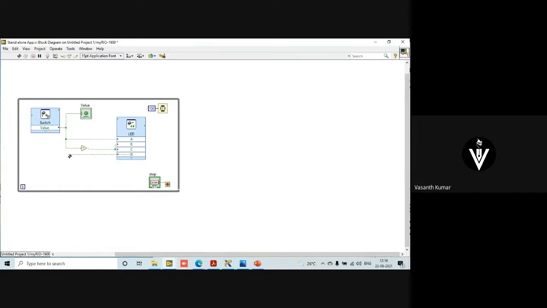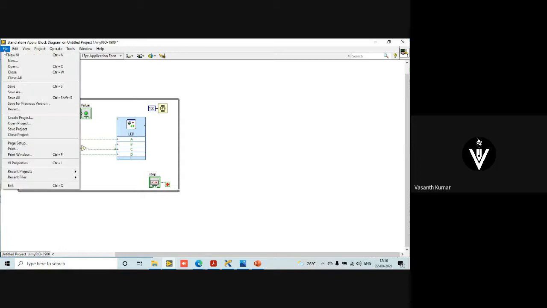So what is going to happen now is, if I click on the button on my myRIO, this particular switch will give me a true. So that true will flow to my A, making it on, and that same true will flow to my D, making it on. Meanwhile, the true will turn into a false because of the NOT gate, and my B and C will be in off state. Same vice versa, it's going to happen. If I say false here, false to my A, false to my D, true to my B, and true to my C. Clear? A simple logic just to show you how this basically works. All right. So once again, I'll save this program.